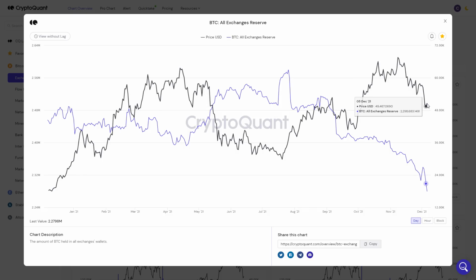So the price would have to start rising back to the upside in order for new Bitcoin to be deposited onto exchanges, because obviously as the Bitcoin price trends higher and higher, usually more people gradually start selling a bit of their Bitcoin as the price goes higher. So essentially, if this purple line just here stays crashing to the downside, then eventually the Bitcoin price will be forced to go to the upside.